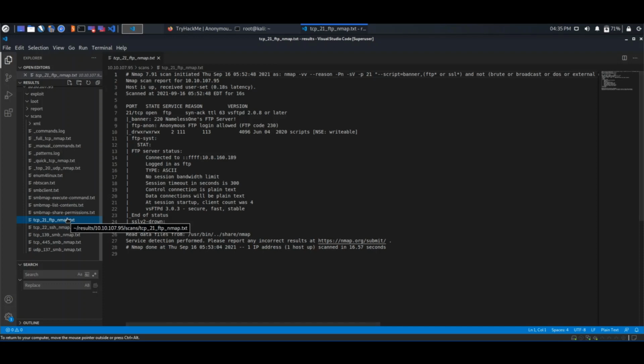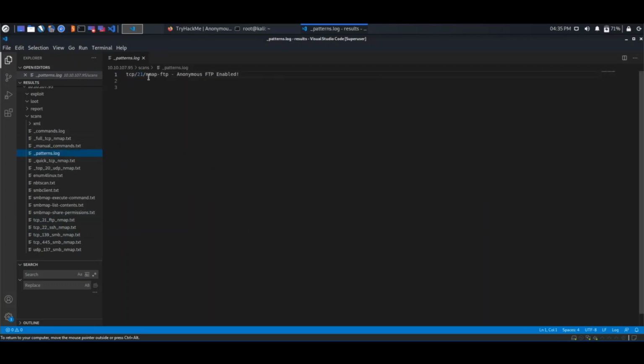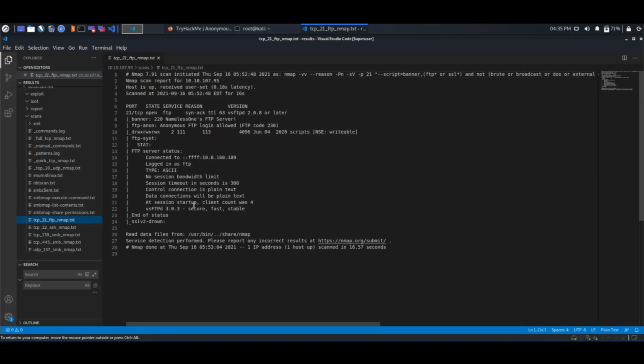Apart from that, it also goes port by port. As you can see, we found a pattern here, that is 21 TCP port, which is for FTP. So it ran the particular script made for that, and as you can see we have found the FTP server status, more detailed information on the FTP: anonymous FTP login is allowed, and there is some directory out there, that is scripts.